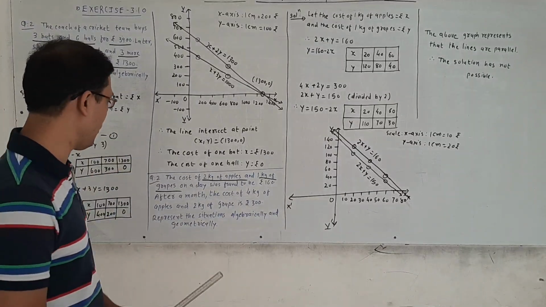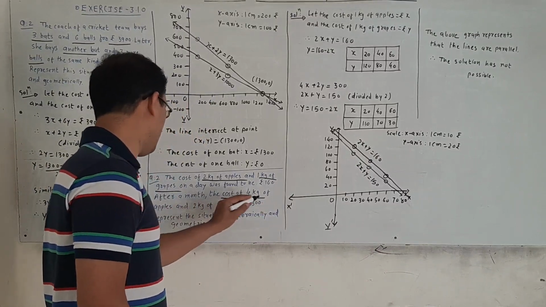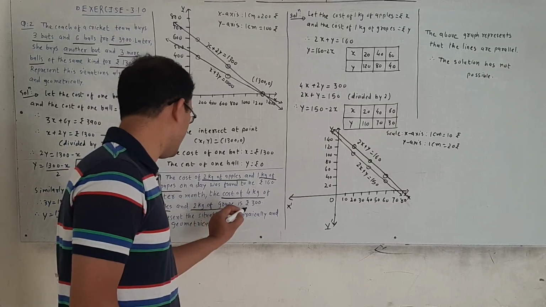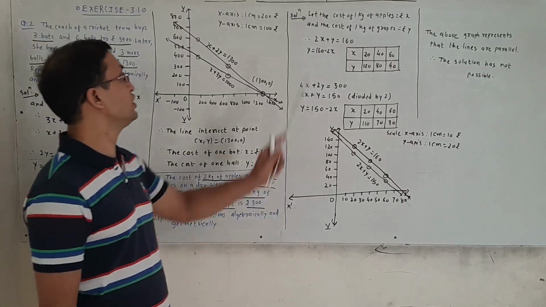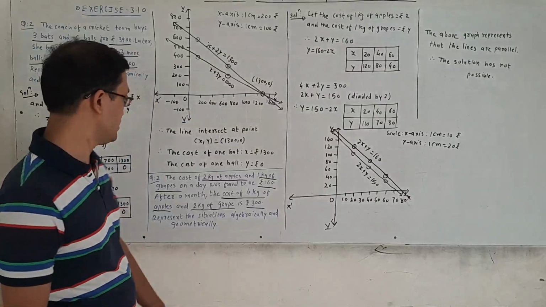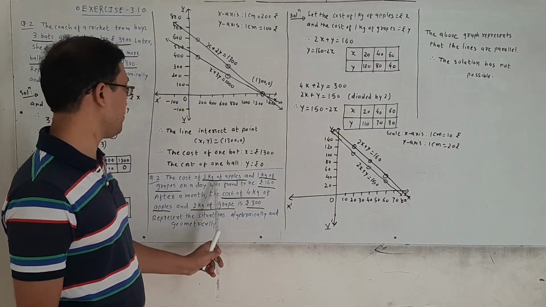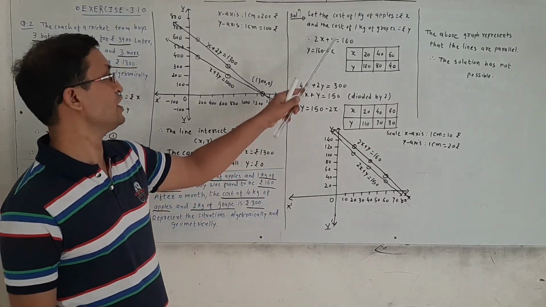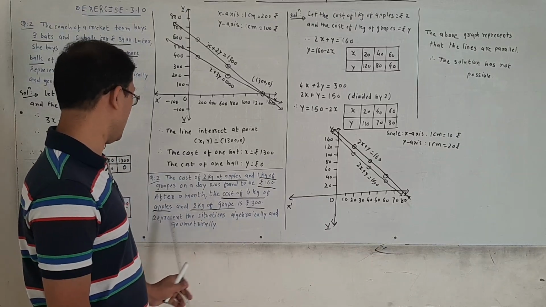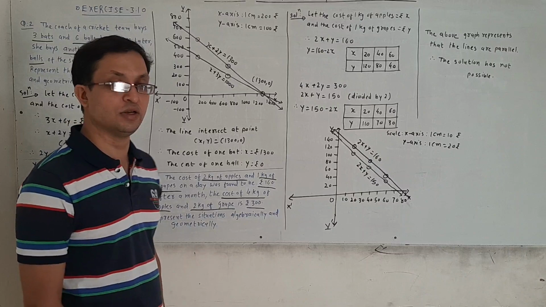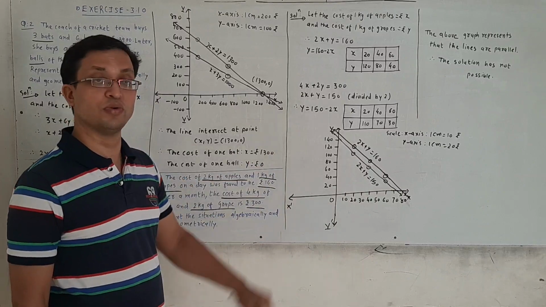There are two variables. Another cost of 4 kg of apples and 2 kg of grapes is ₹300. Okay, in equation 1, first let the cost of 1 kg apples is ₹X and cost of the 1 kg grapes is ₹Y. So 2 kg of apples and 1 kg of grapes, that is equal to 2x plus y is equal to 160. And another equation is 4 kg apples is 4x plus 2 kg grapes, that is 4x plus 2y is equal to 300.